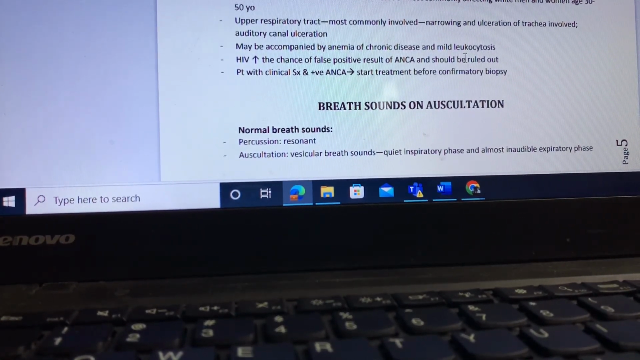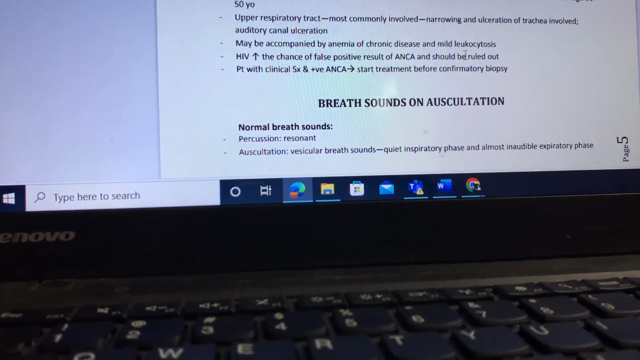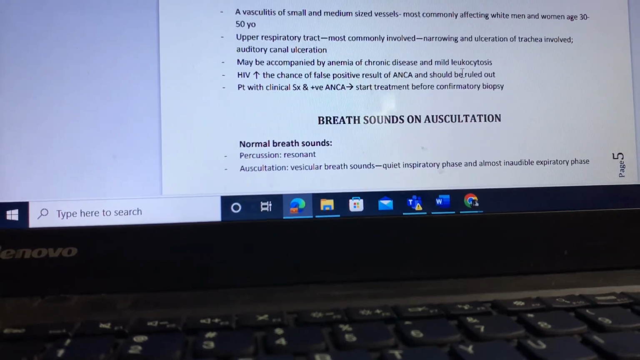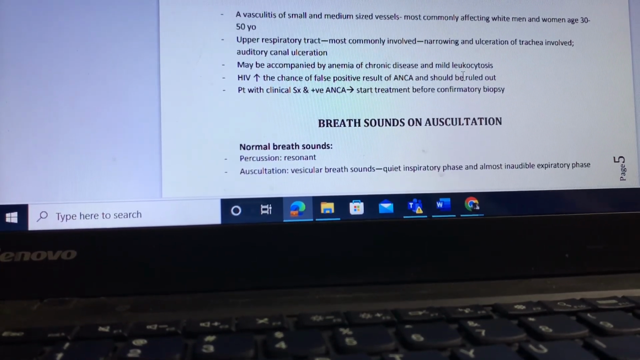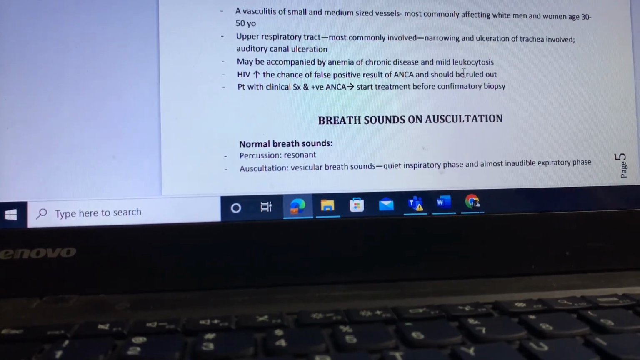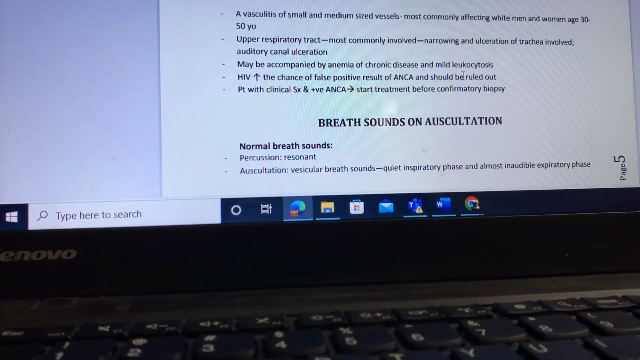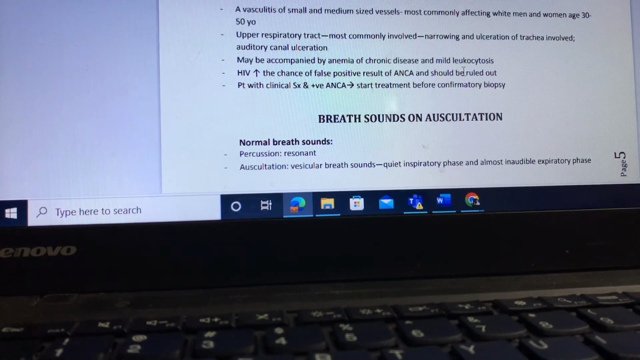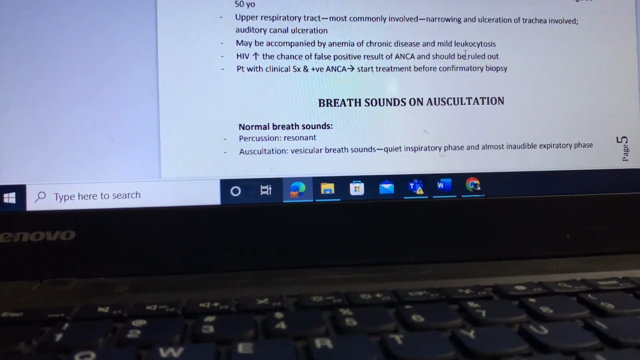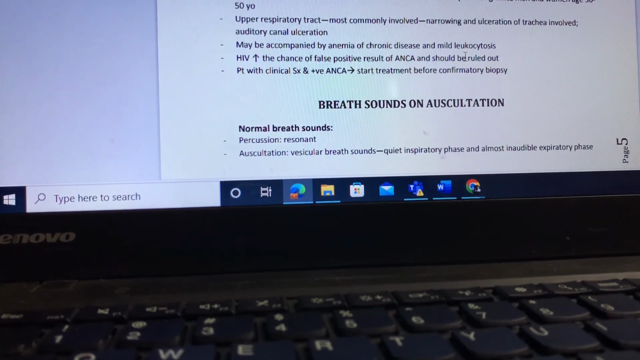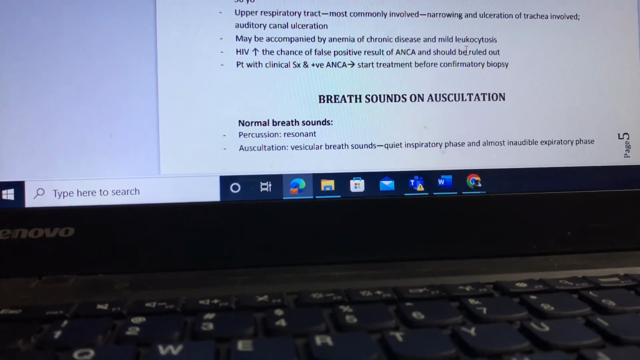So let's suppose I sent my patient for ANCA testing and then ANCA is positive. I would also do an HIV test, because HIV can give you false positive results. Now, patients with clinical symptoms and positive ANCA, you have to start treatment before confirmatory biopsy. You just have to start treatment. In sarcoidosis, we were waiting for the biopsy to come, because we want to rule out other things in that